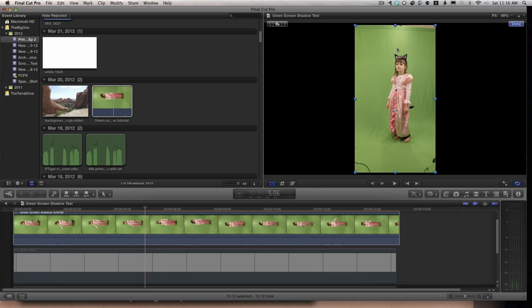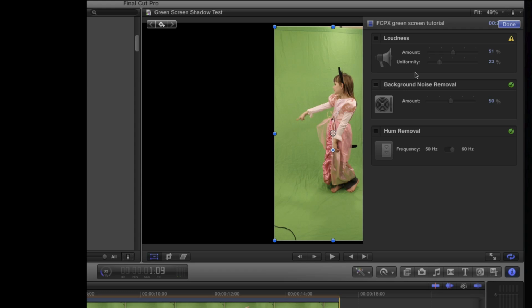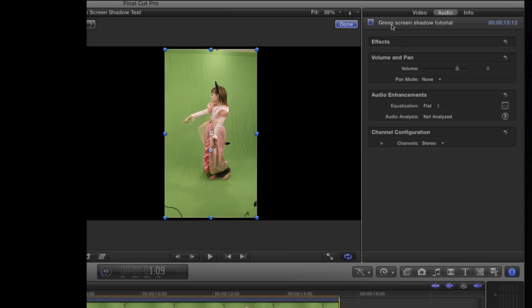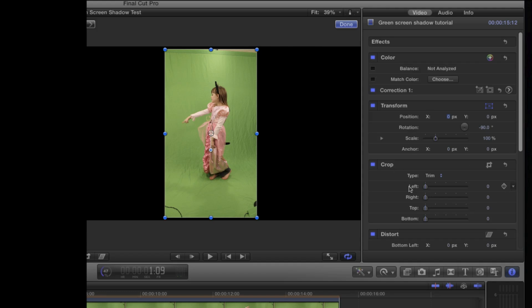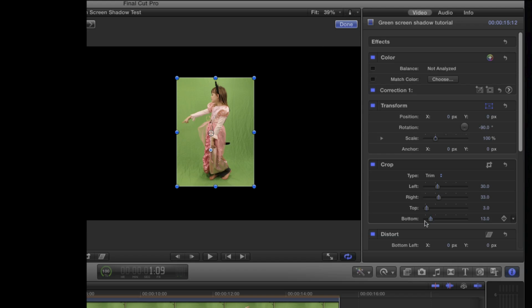Now I'm going to want to get rid of basically everything. I'm going to crop, and the first thing I want to do is check out where she's pointing here. So now we want to click on the inspector and go to video, of course. And for crop, since we rotated it, left is going to be top, and we want to come down here because that's as far as she went, and right is going to be the bottom. I want to take away everything up to there, and for her, we'll go down to where she points, and then over here somewhere where she points in the other direction,